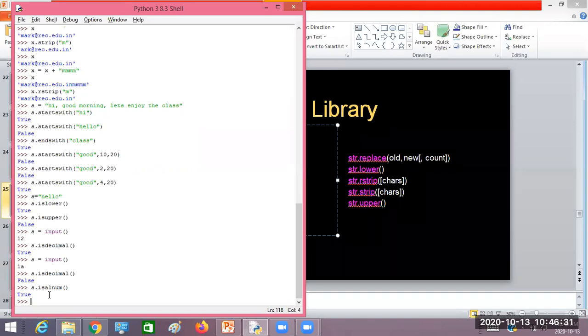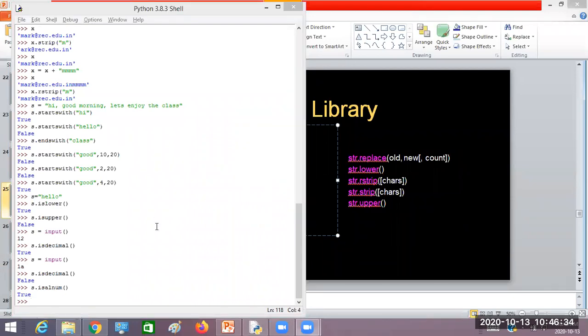if you are reading the age of a student, usually when I enter age, I give data like 23, 30, 35, some numbers. In that case you need to cross check whether the input given by the user is in decimal form or not. Because for age, if the user enters other data like abc, alphabets, or some special characters, at that time you should give an error message to the user stating that your data is not in decimal form, so please give the data in integer form. Did you understand where to use these methods?